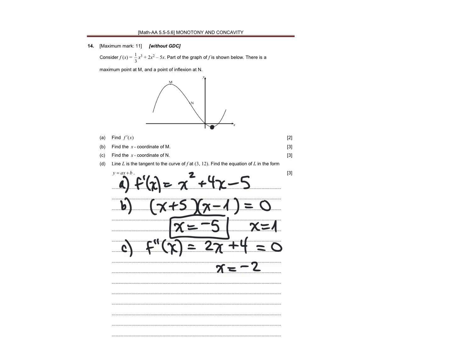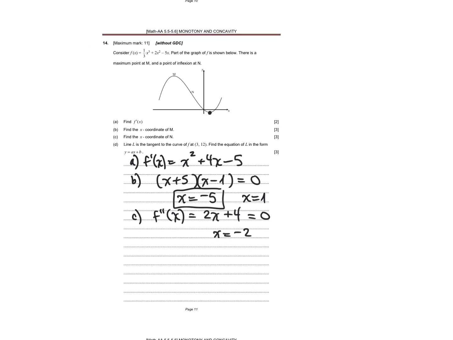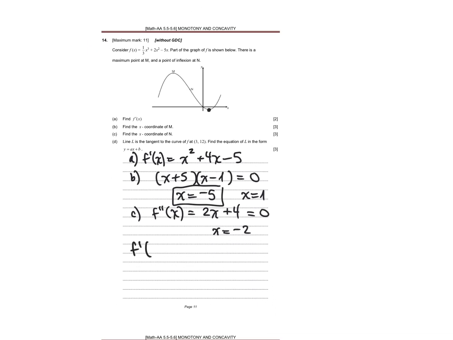D, the line L is tangent to the curve of f at 3, 12. Find the equation of L. Okay, so we want the derivative at 3, and we've got the point 3, 12. So the derivative at 3 is 3 squared plus 4 times 3 minus 5. So we've got 21